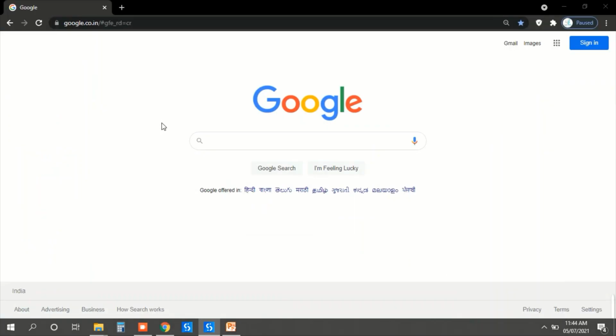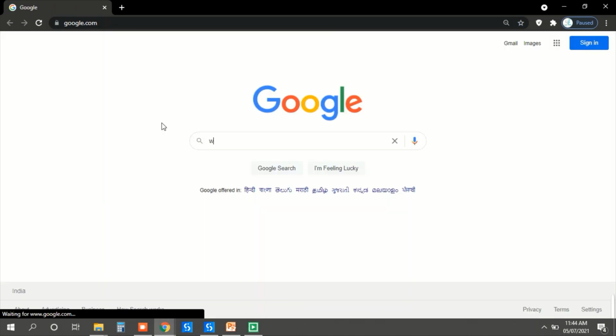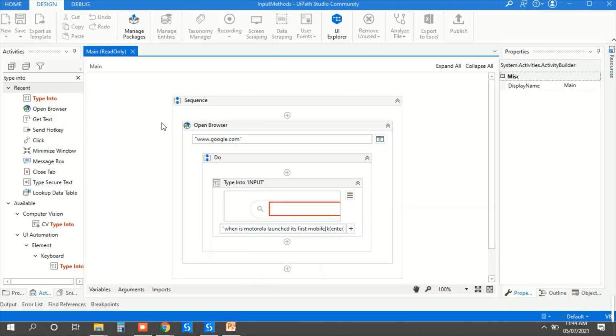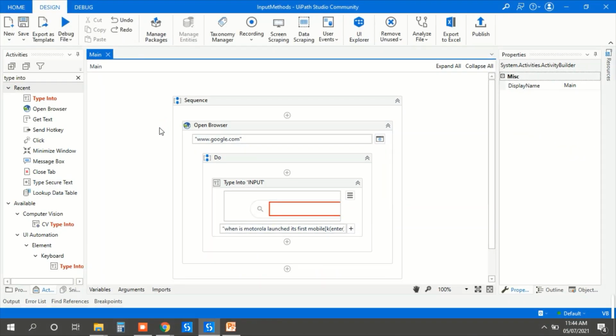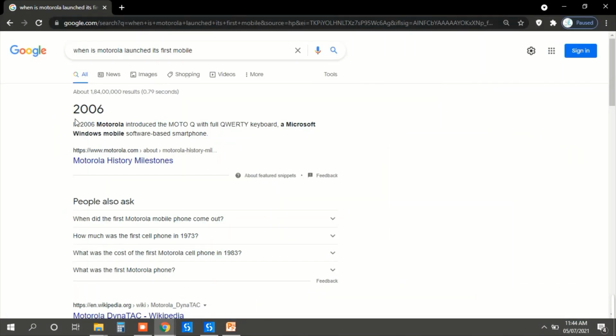Let me run this. Okay, here you can see it pressed enter after typing all this text.